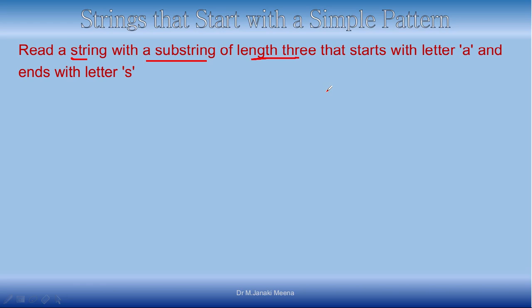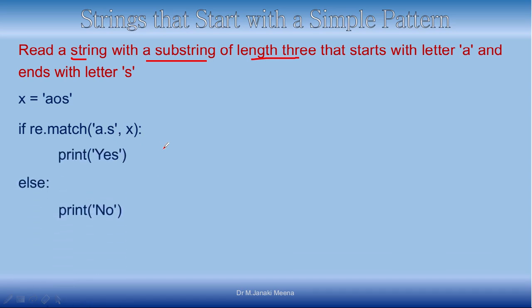It can be anything. So in this situation, where it can be anything, we can use a dot operator. And also you are saying that it should follow, right? So how will we write this? Actually, AOS is accepted because the entire string itself is the substring. That is also allowed. There is no specific condition. So how will I do this is, I will say A dot S. Because the first one should be A, last one should be S, and it can be followed by anything. Fine. So for this it will print S.